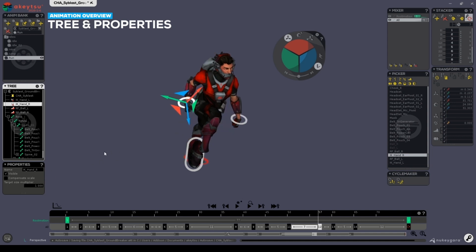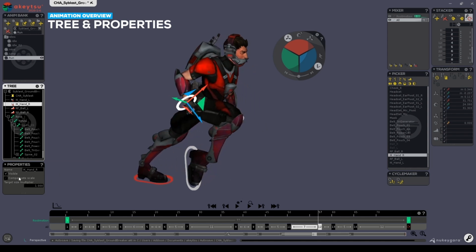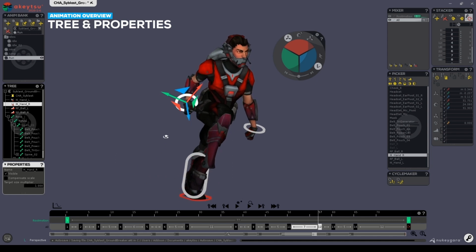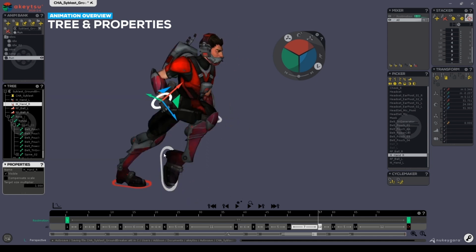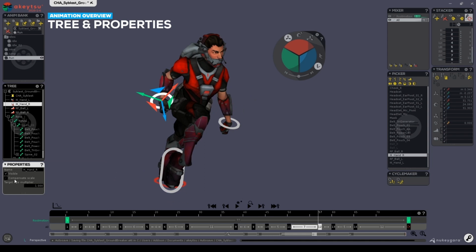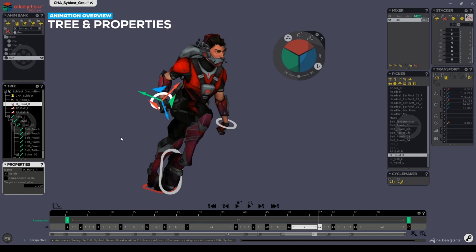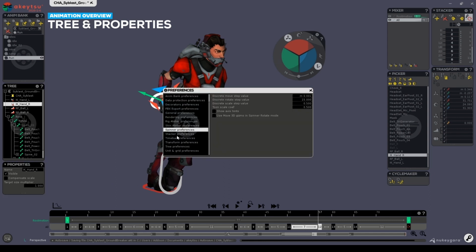The Properties window lets you also define whether you want compensate scale or not, and whether an object should be visible or not. Here you can also change the target size multiplier. This means that in cases of reverse foot controls and IK handles, you can adjust them independently to their global settings. In global settings, when you go into your IK settings, you'll notice that you'll have options to size everything